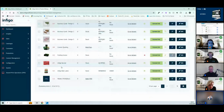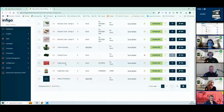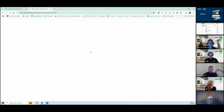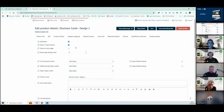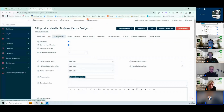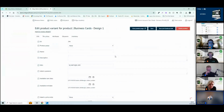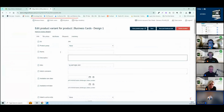So I was just refreshing our product list here in Infigo, and you can see those 3 products here have landed. When I jump into them in Infigo here, this is our product management area. You can see that I've got the product name, the SKU and the mapped product code from